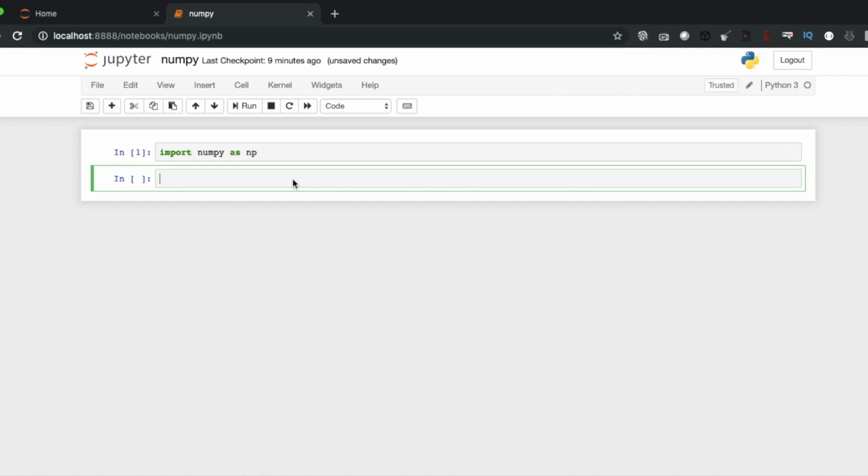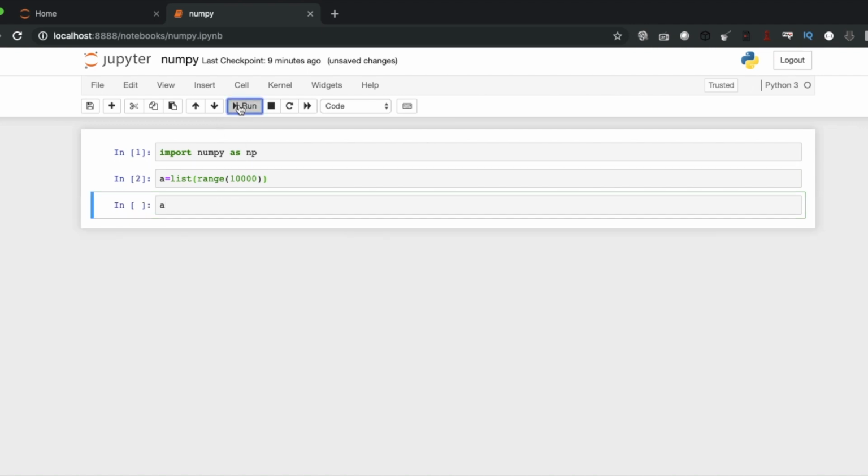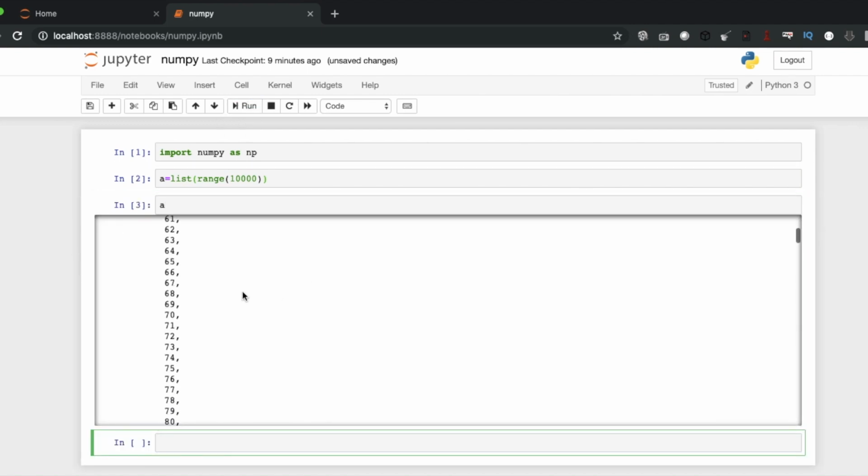So the first and most important thing I'm going to tell you, for example, let me just take a list in Python, list range. So this is creating a Python list.